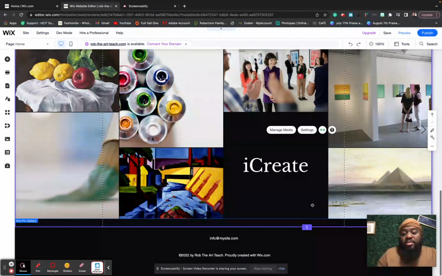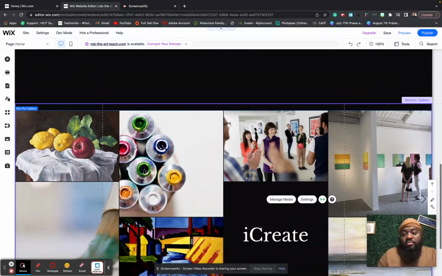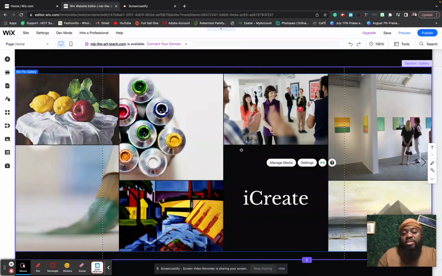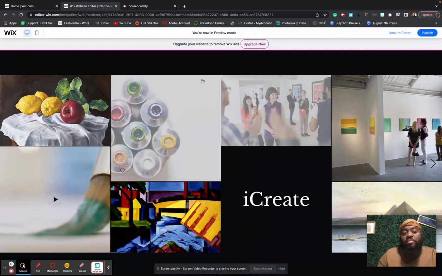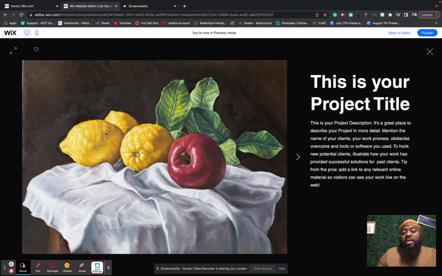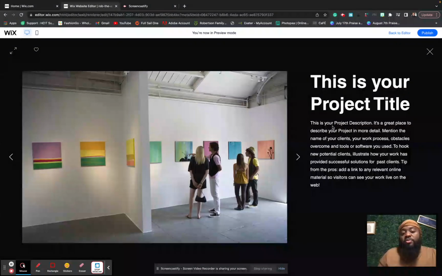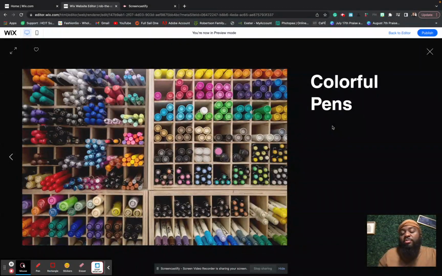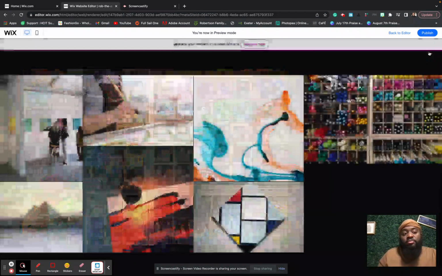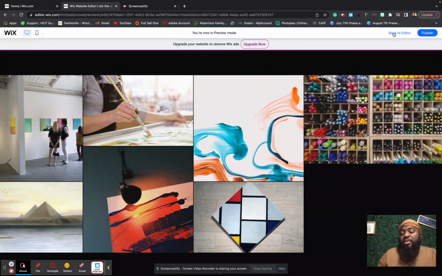So now on my screen, you are going to see all the different things in my media. All right, this is a gallery. So once you actually go into preview, you'll be able to kind of see all the different things in the gallery. Once I click it, this is your project title. This is your project description. I can go over in the gallery, and it showcases all my work. Now, I go back to the editor,